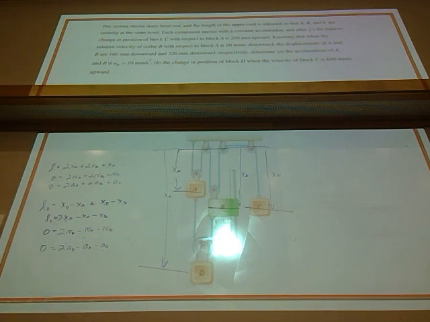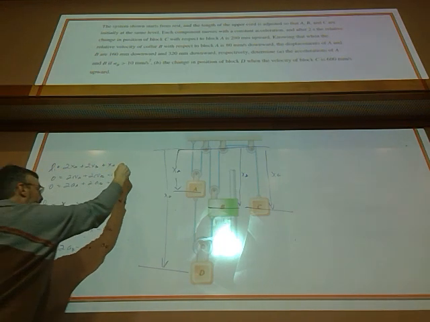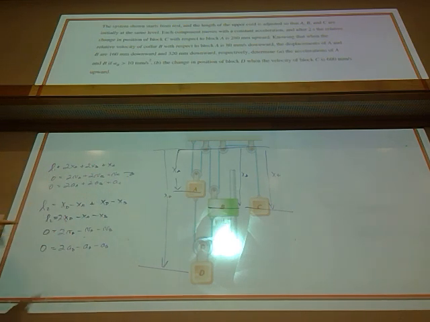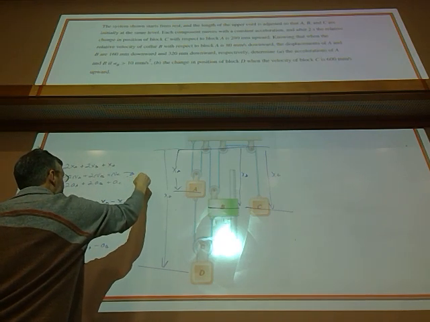So, okay, we got done with a lot of stuff that was kind of easy, the heart of the thing. Now the rest is this constant acceleration type of nonsense. So we want to see each component moves at a constant acceleration. After 2 seconds, the relative change in position. Okay, so here's one thing that you should know. Even though we have this equation up here that's a constant, if we go down to this one, we could say that all of these are delta x over delta t. And then we can just multiply it by the same delta t. So we can also say, even though this one is a constant up here, that it equals